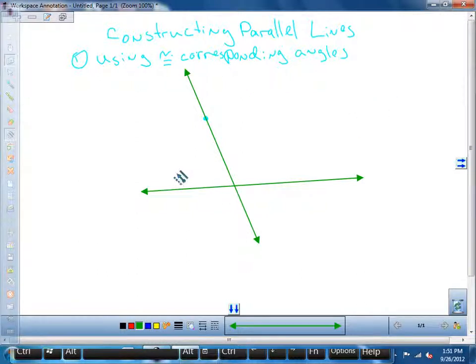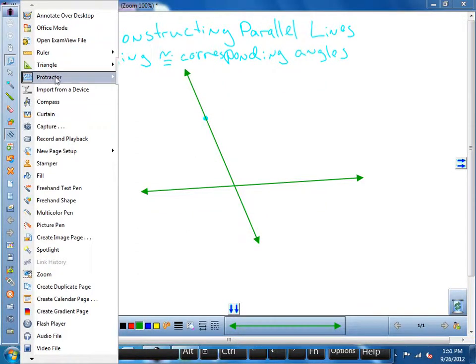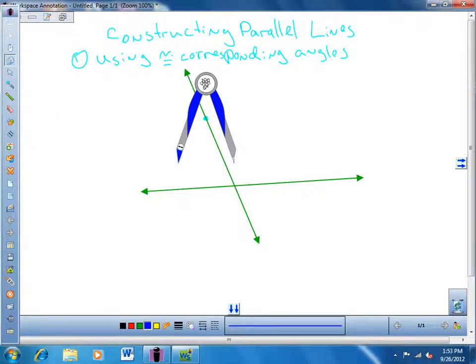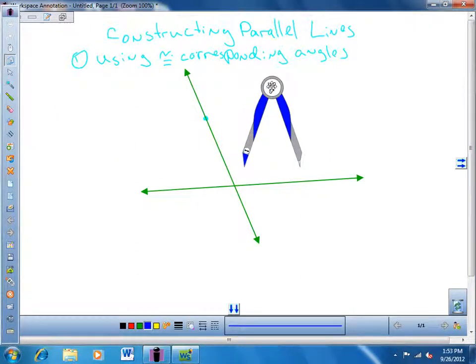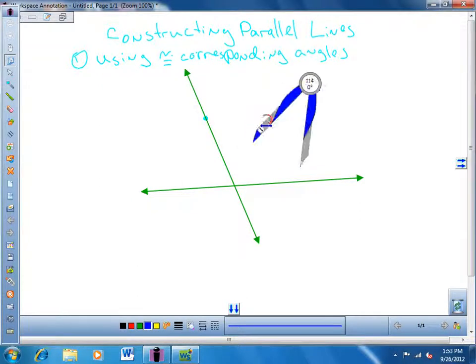Okay, so wait, you're making it parallel to the bottom line? I'm making it parallel to the bottom line through this point. Okay? So first thing I want to do is take my compass. I always lose it. There it is. Okay? Compass. And I'm going to take it, and if you remember, I am going to make an